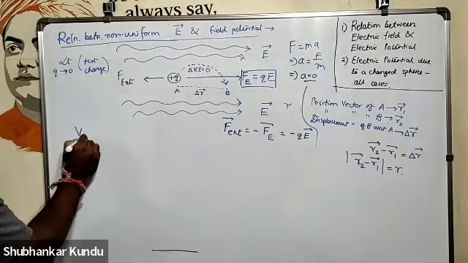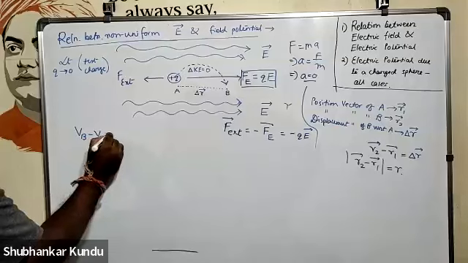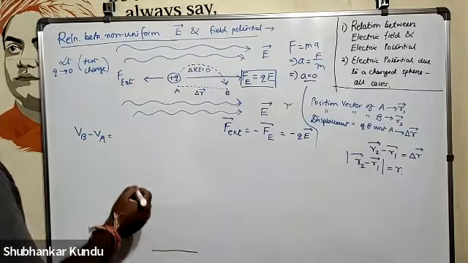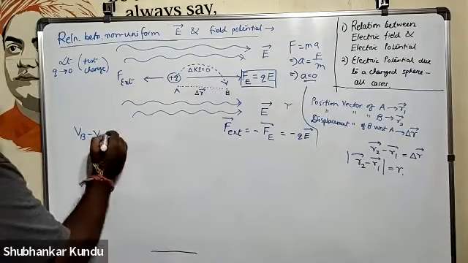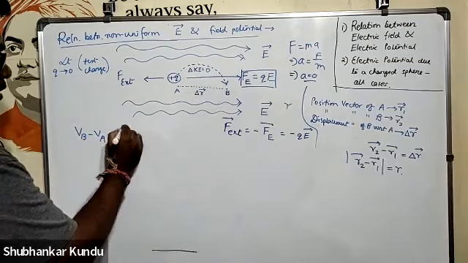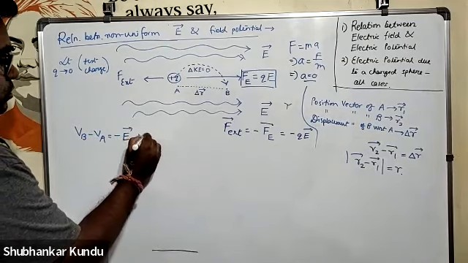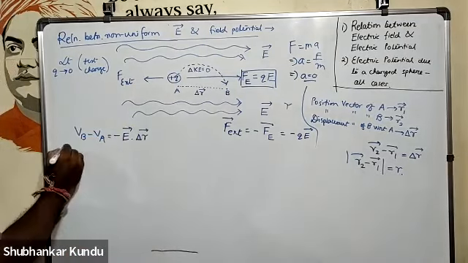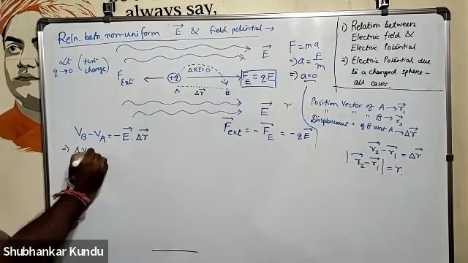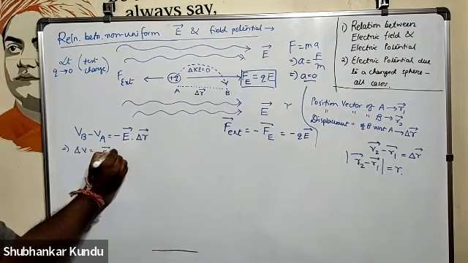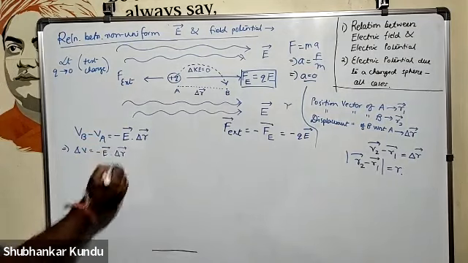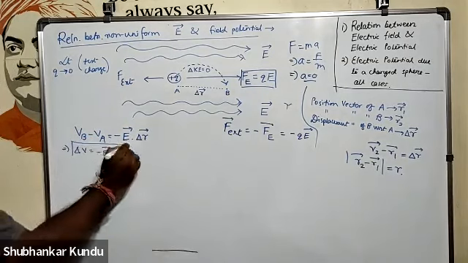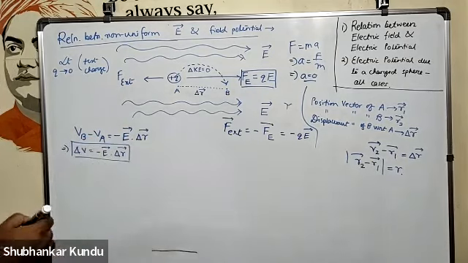Tell me one thing. In the last case, what did we get? VB minus VA is equal to minus E dot delta R. That is, delta V is equal to minus E vector dot delta R vector. That is the thing we got in the case of a uniform field. But now